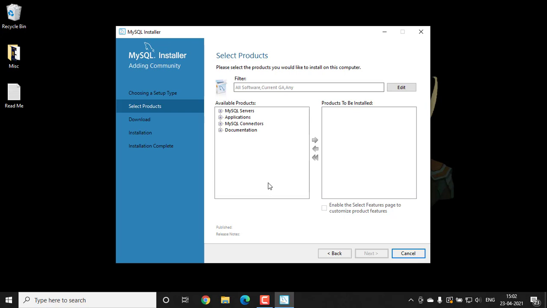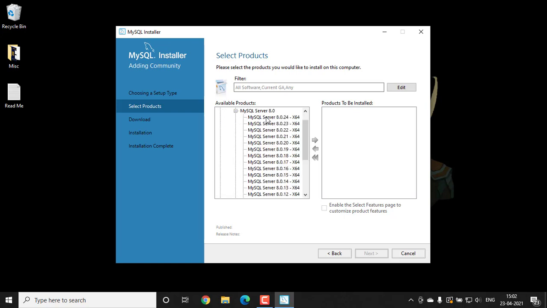Now here you have the option to select the packages which you want to install. Click on MySQL servers and click on the latest version, that is MySQL Server 8.0.24, and click this button to move it here.